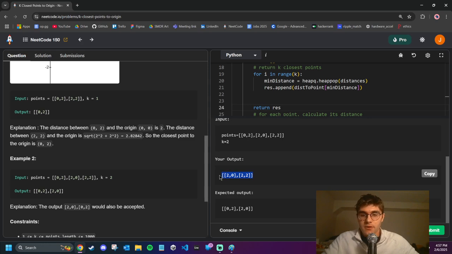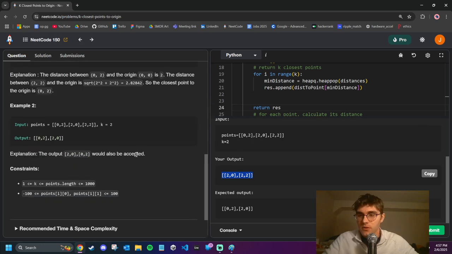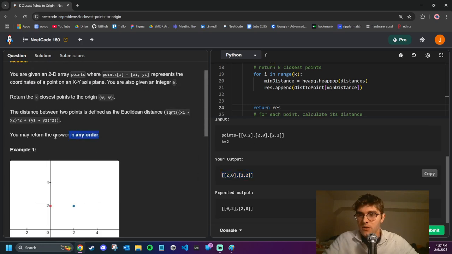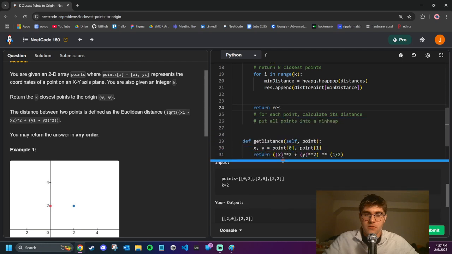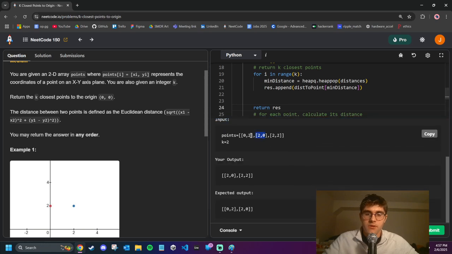Okay, so I'm returning 2 0, and it says you can return them in any order, right? Yeah, okay. So I wonder if it has something to do with the fact that these have the same distance. Yeah, that's definitely what it has to do with. Yeah, so if something has the same distance,